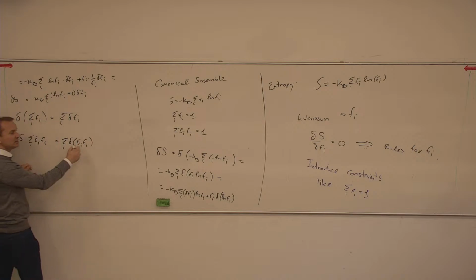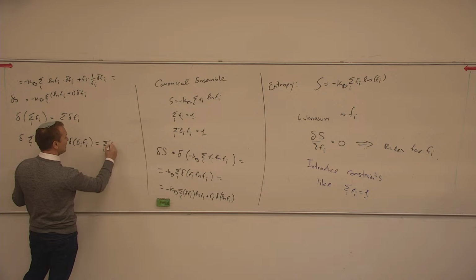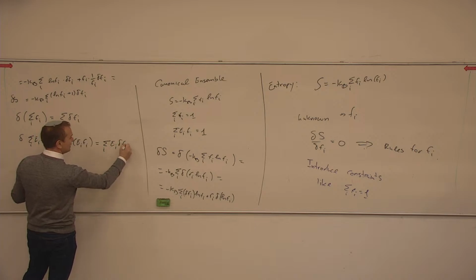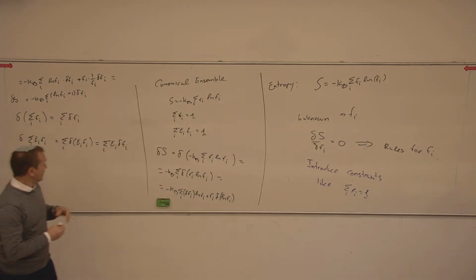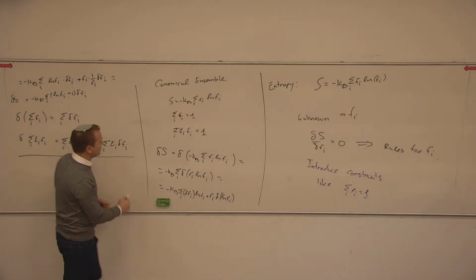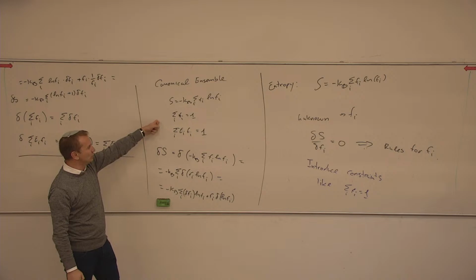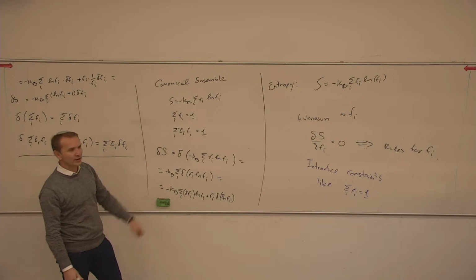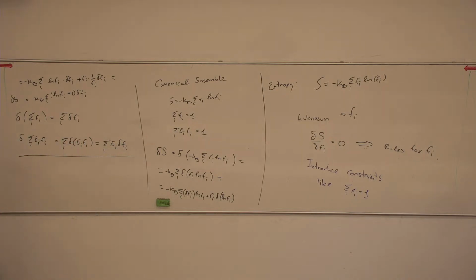EI are constants, so it's just sum over I EI delta fi. All in all, we have variation of this guy, we have variation of the first constraint, and we have variation of the second constraint. Okay? Now we introduce the technique of Lagrange multipliers. So it's delta S